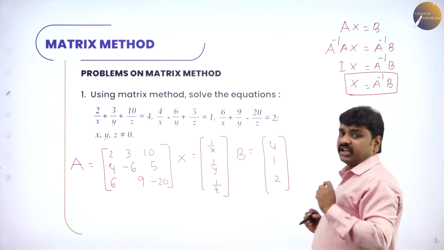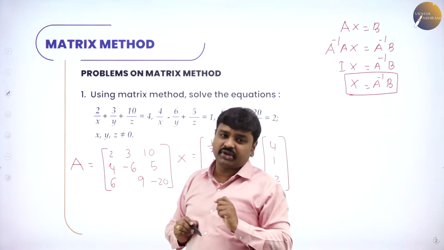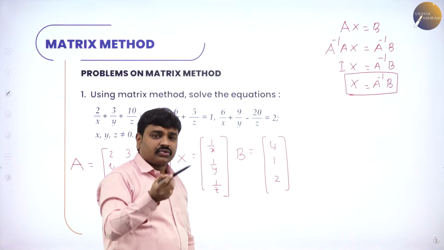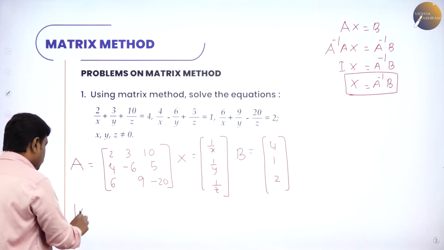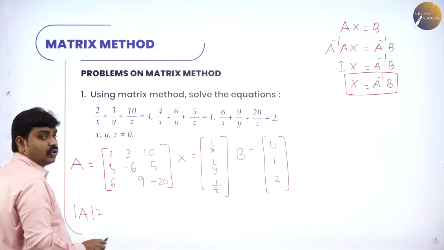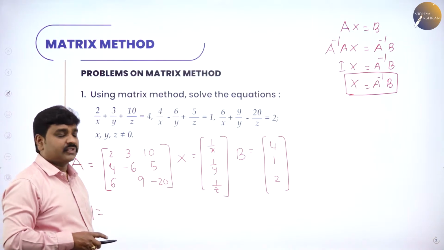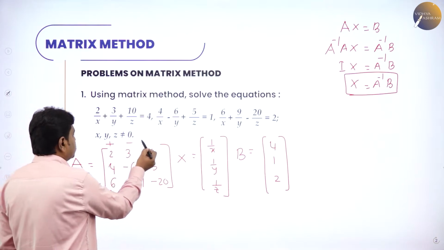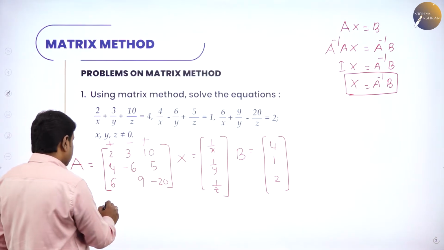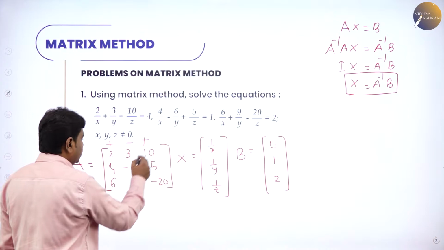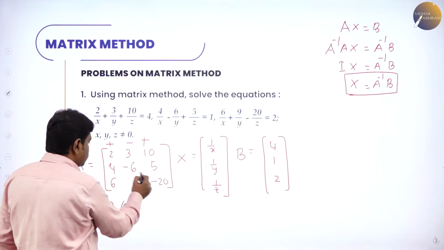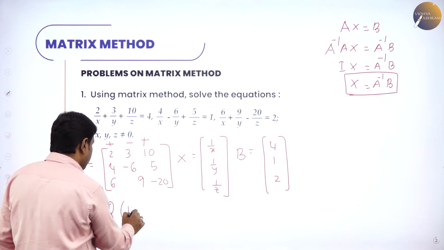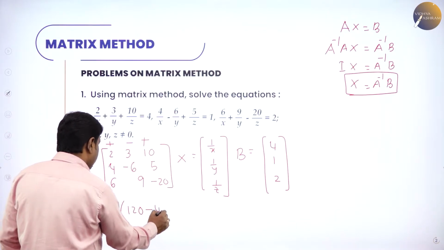And in order to find A inverse, first and foremost thing is you need to find the determinant. So let's first find the determinant. So now we'll go for the determinant. Determinant of A is equal to, all of you know how to find the determinant of 3 cross 3. So we take plus, minus, plus. Then 2 into, delete the column and the row where 2 is. 2 is in first column, first row, leave it. You multiply this. Minus into minus plus, 6 into 20 is 120. Minus 9 5s are 45.